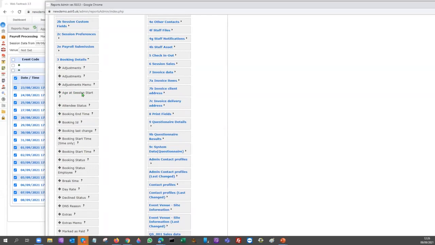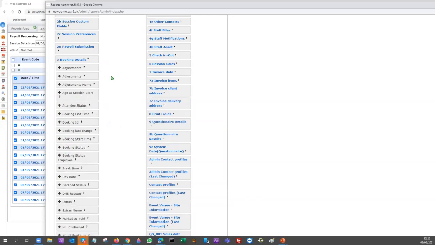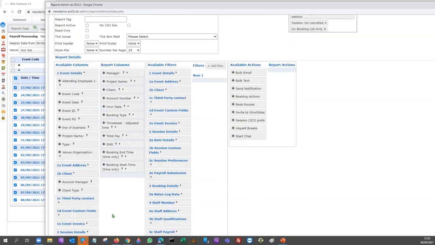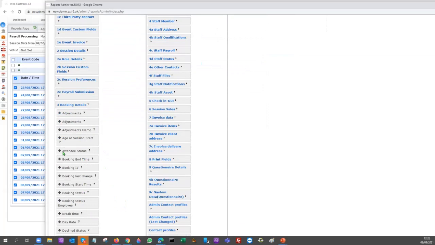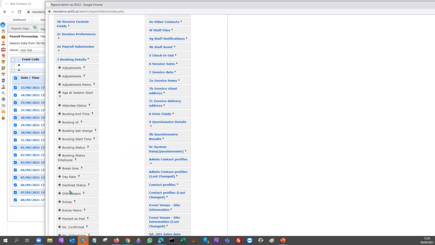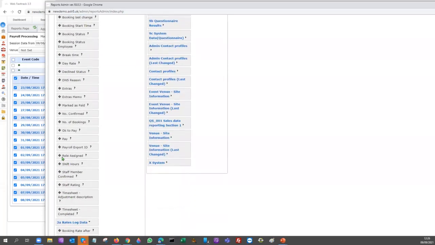And this age at start of session, there are certain rules as to what somebody's minimum pay is, depending on whether they're over, under 18, under 25. Forgive me, I can't keep up with what those rules are, but you know what I'm talking about there. Booking start time. So there's our little report. And if I was to put age in there, I could say if they're under 18, make it go yellow or whatever. I might also just have I got the staff members? No, it'd be good to have the staff member actually. So booking start time, end time, attendee status, somewhere around here we should have the actual staff person's name, role assigned,